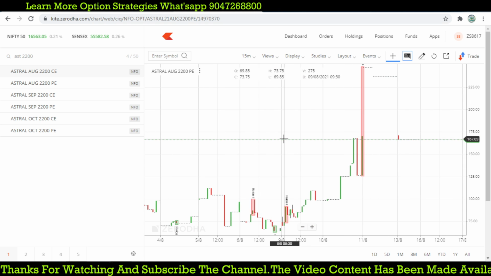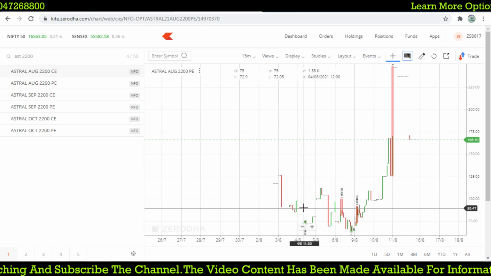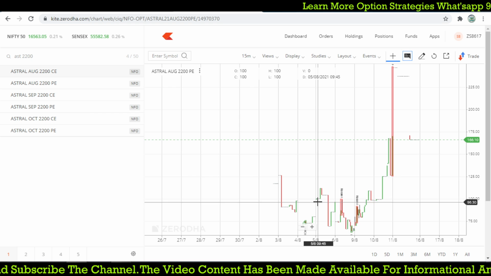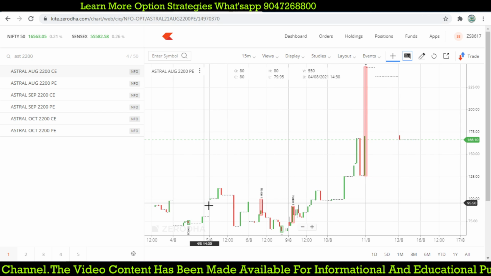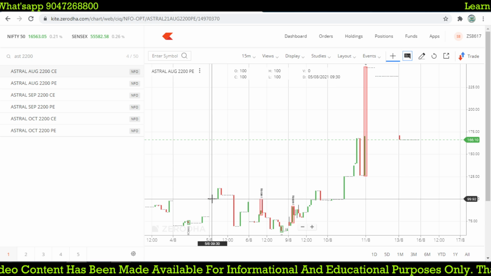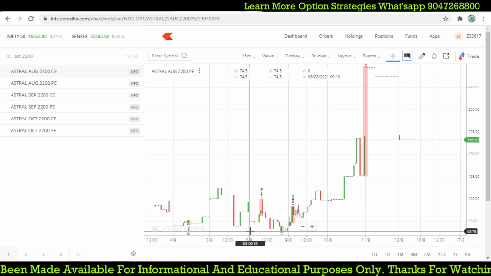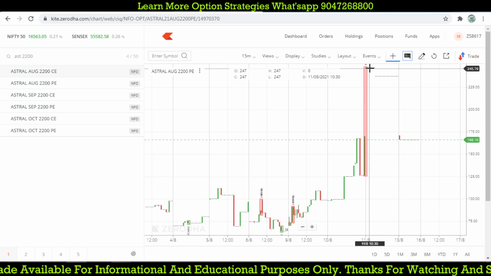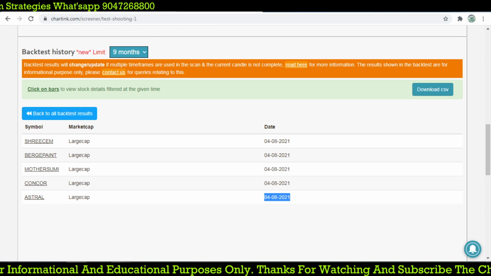It was not trading well on the 15-minute chart. On 5th August the price is 100 somewhere. So the option volume is not good, so we may ignore. But even so, if you check, 100 rupees comes down towards 63, but after that it made it to 250 rupees. I think this does not have good volume in options.